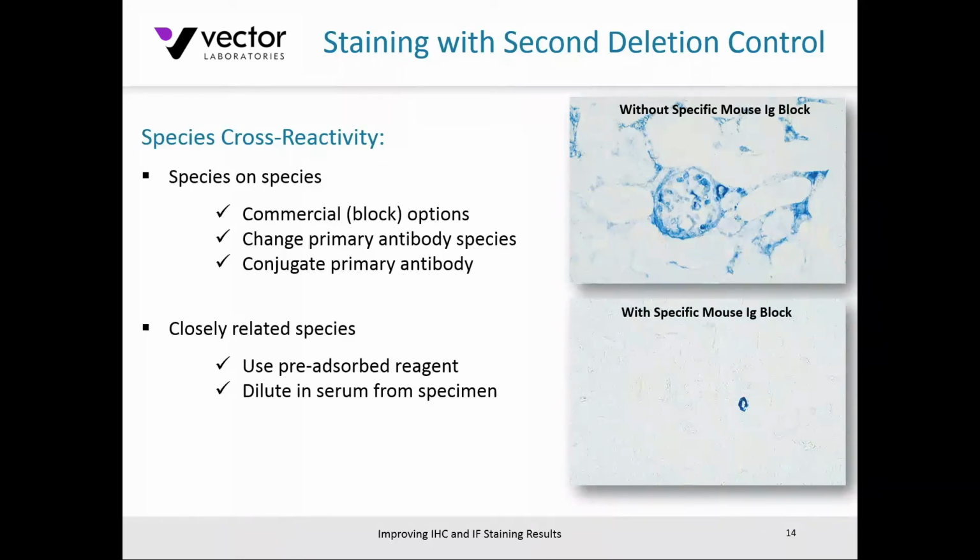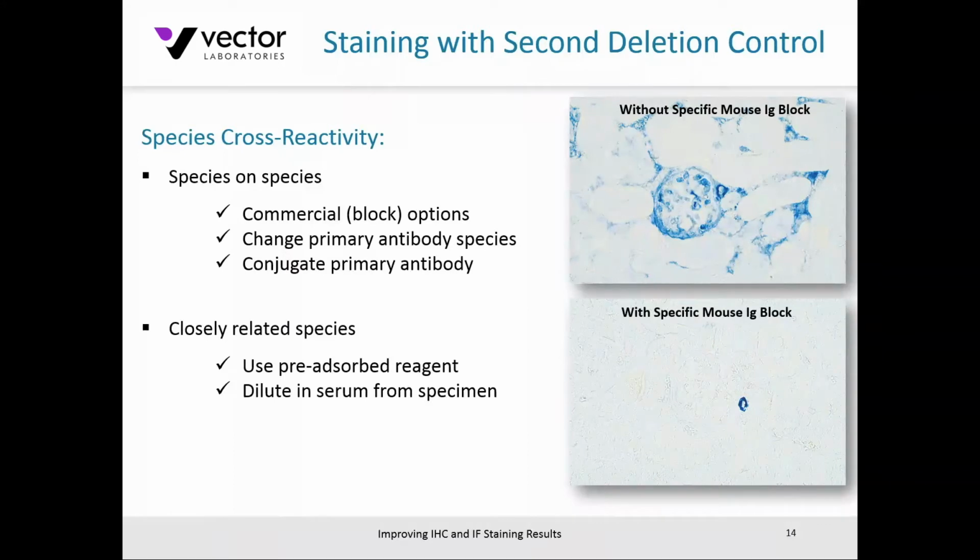What this means is it's a secondary antibody, anti-rat, that's been run down a column of mouse IgG. Anything that recognizes mouse has been physically removed. The run-through has been collected, and that's the anti-rat mouse-absorbed product to help eliminate or significantly reduce cross-reactivity to those tissue elements. Another little trick you can do, actually, is if the